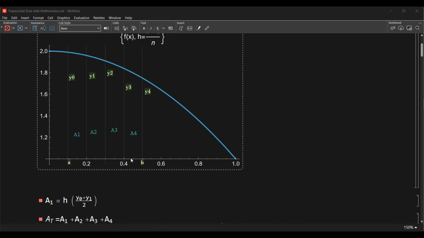So by using the formula of the trapezoid, the area of the trapezoid is base 1 plus base 2 divided by 2 multiplied by the height. That is the formula for finding the area of the trapezoid. So here we consider the area 1 as the area of the trapezoid here. So h is the height of the trapezoid here, and y sub 0 and y sub 1 are the bases of the trapezoid, and divide by 2, then multiplied by the height of the trapezoid here, that is equal to